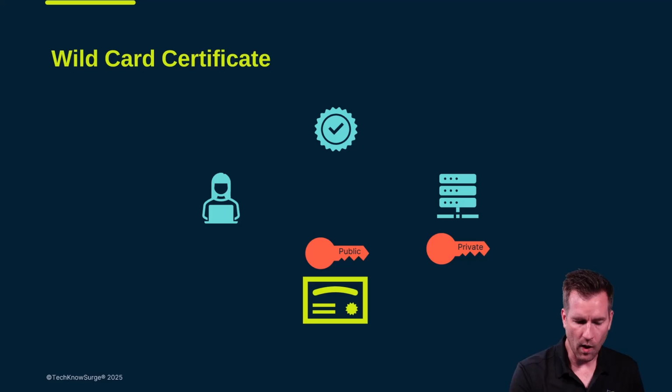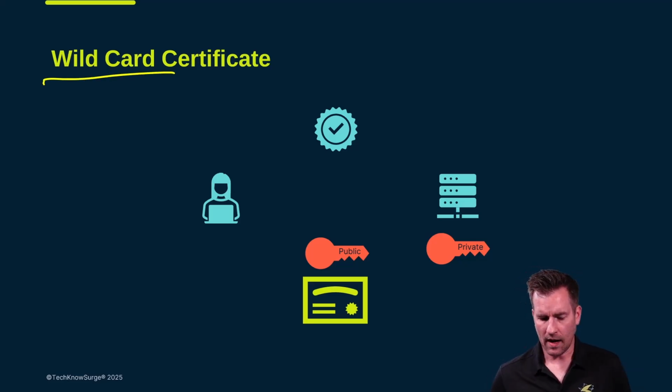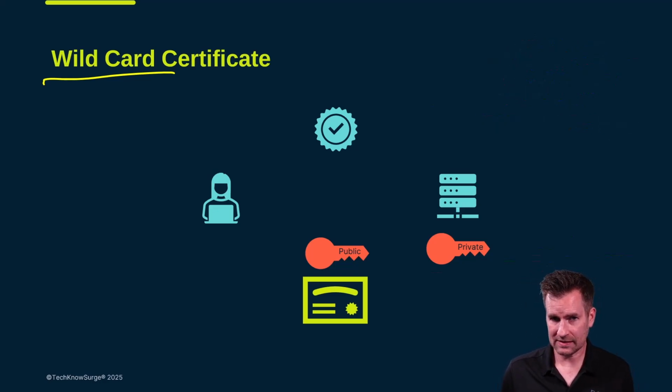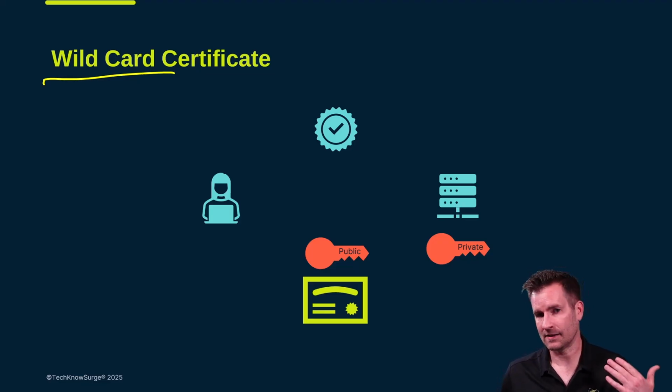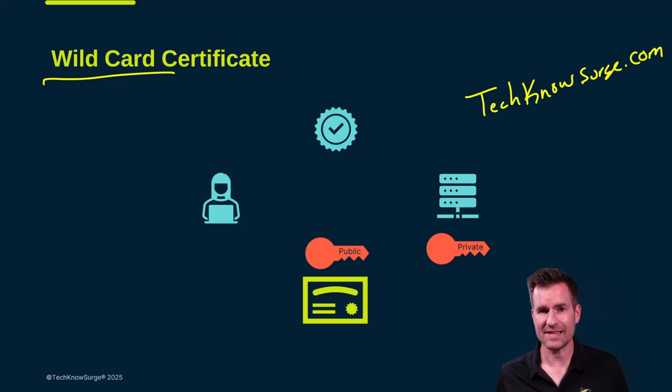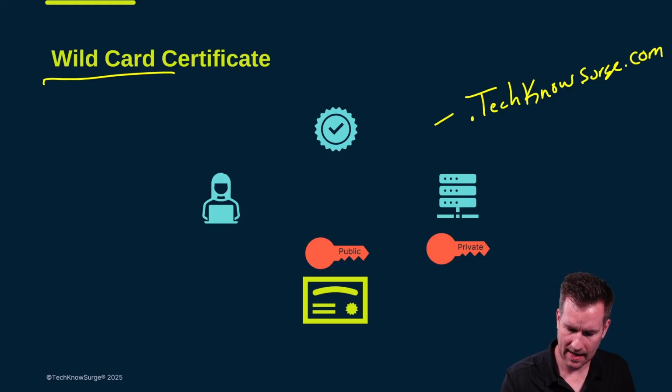There are also wildcard certificates. So a wildcard certificate is, let's use that example again, let's say we have 1,000 different servers, or let's say technosurge.com. I've got a few different sites. I've got technosurge.com. I got resources.technosurge.com. I've got a courses site. I've also got a member site, and they all have a little different domain, but they all end in technosurge.com. So what I do is I ask for a wildcard certificate, which kind of puts a star at the